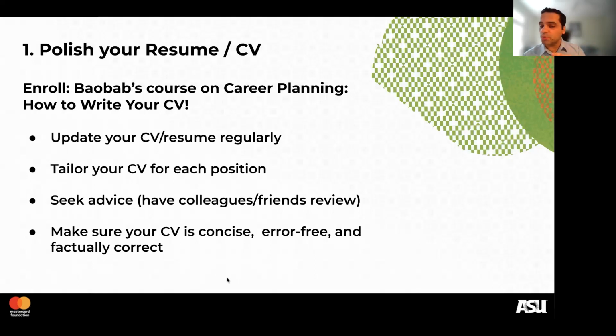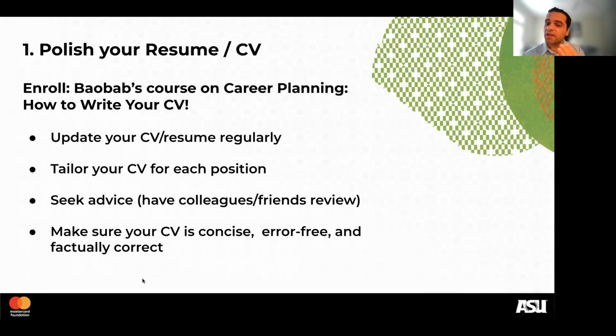Tailor your CV for each position. By that, I mean, don't just put the same CV everywhere. This position might have emphasis on, for example, communication. You have 2 places where your work required really good communication. Make sure they are at the front. So make sure that you emphasize the areas that the position needs that you have or have done on your CV. Tailoring it is okay.